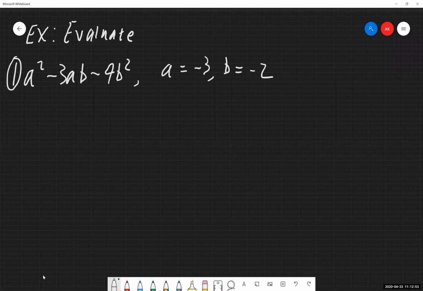Okay. So following our first step, write the original expression, and then somewhere nearby what each of the variables' values will be. So we've got our expression right over here. We've got our variables over here. So we're good to go on that front.